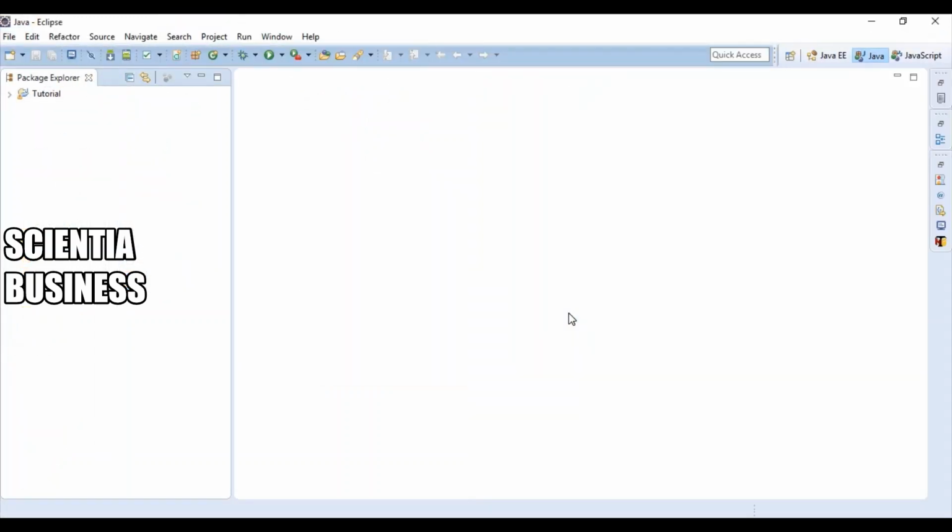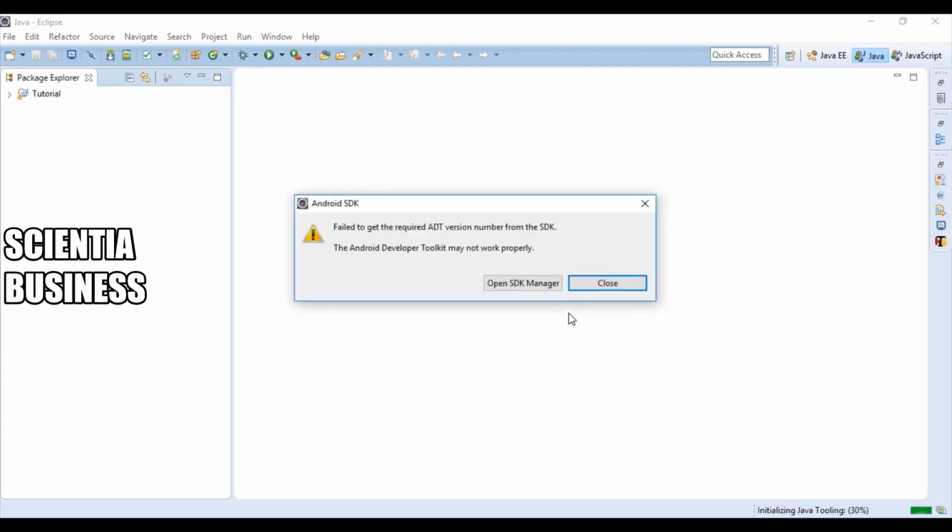Make sure before launching Eclipse that the Java environment variables are correctly set on your computer, because Eclipse is built using Java. If the environment variables of Java are not correctly set on your computer, Eclipse won't run and it would give you an error. So this is a heads up I'm giving you guys: in order to launch Eclipse, first you need to correctly set up the Java environment variables.